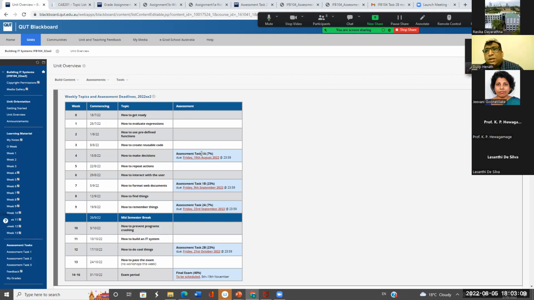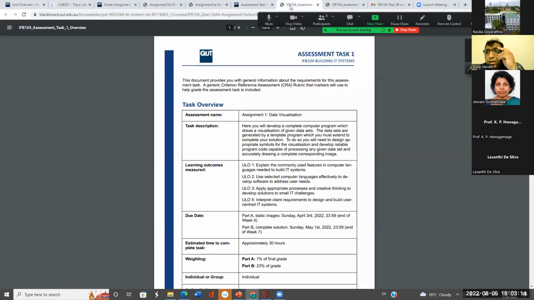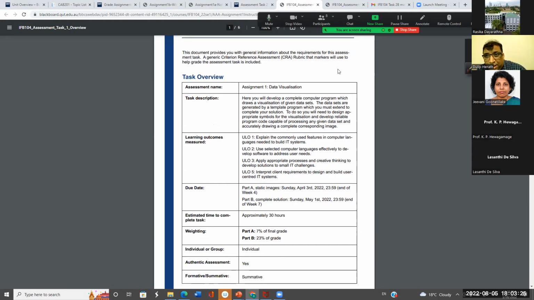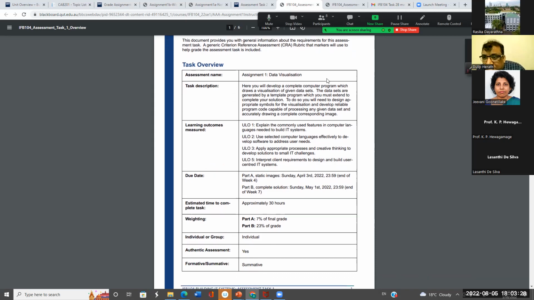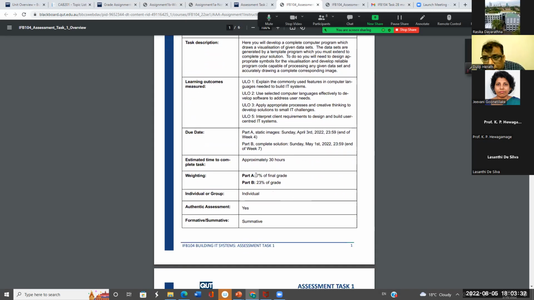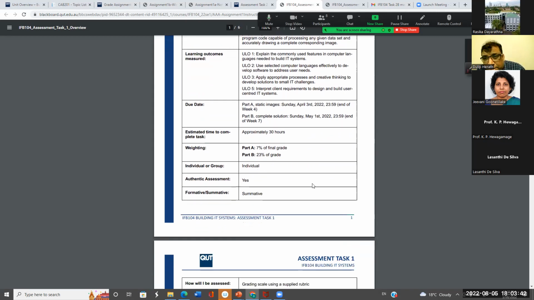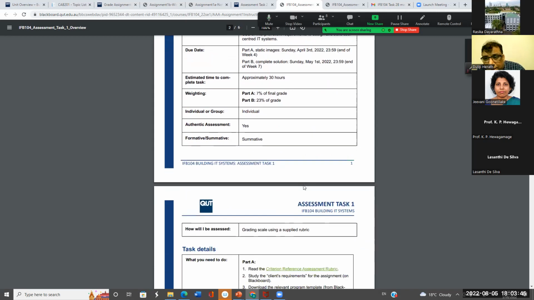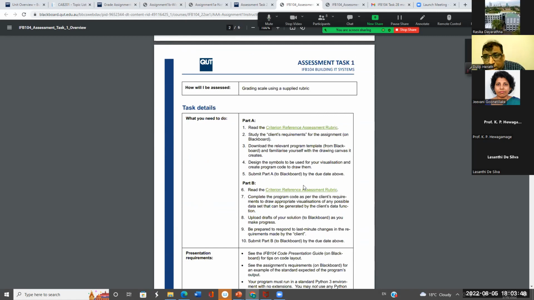So when the assessment is released, I can show you some past examples. This is one that we have just released, assessment task 1. This is what we give. So maybe all this information: the estimated time to complete the task is approximately 30, and the weighting for part A is 7%, altogether 30%, and individual. And then what you need to do,